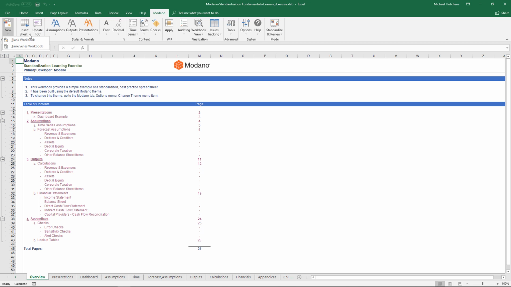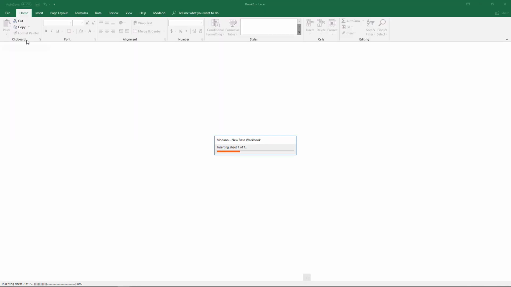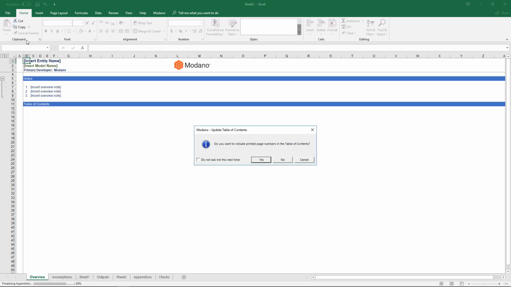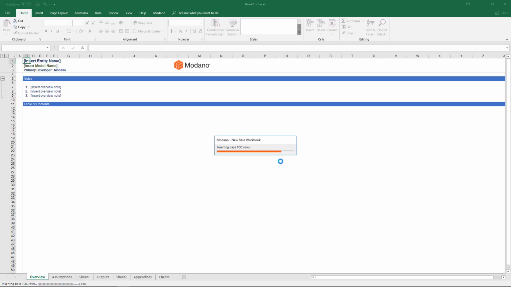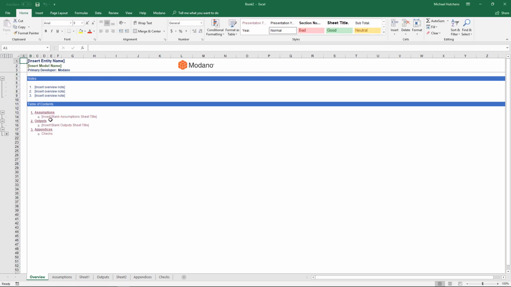When you start a new model, you can either choose a blank workbook, which doesn't contain time series analysis, or you can insert a workbook with some time series infrastructure that you can then edit or delete or change. It just saves you some time because it allows for most common time series infrastructures. Let's start by clicking on Insert Blank Workbook, which is a workbook that will not contain time series. Instead of starting with an empty spreadsheet or an existing template, this creates a new workbook with a hyperlinked table of contents. It's designed to give you an infrastructure to build upon